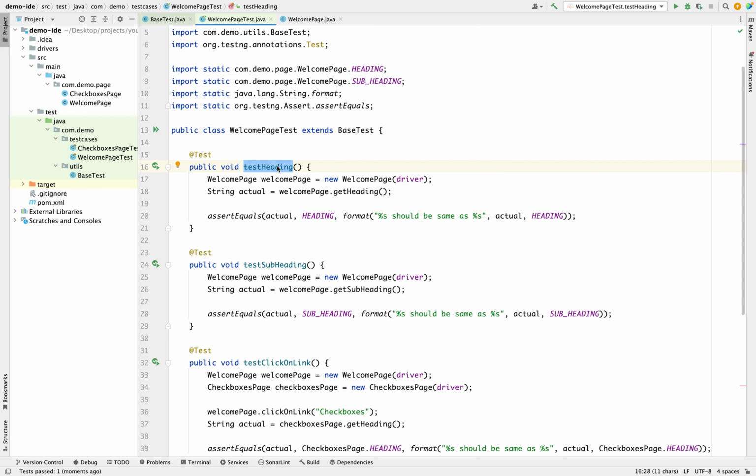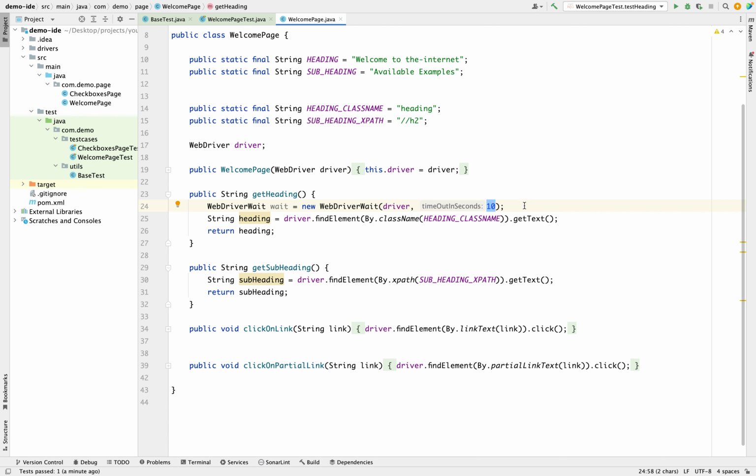So let's add the wait over here. WebDriverWait, and let's instantiate it, and for that we need to pass the driver and our threshold value or the max timeout. So I'm giving 10 seconds,